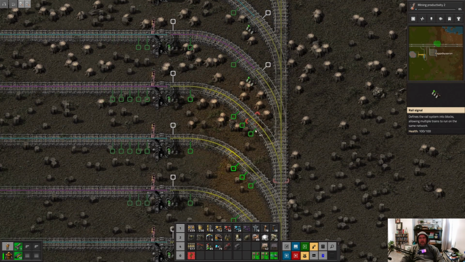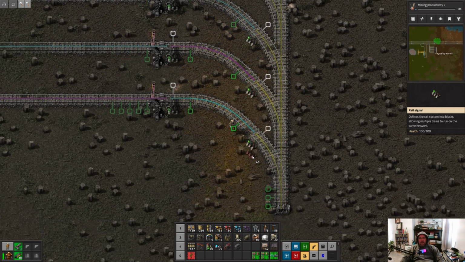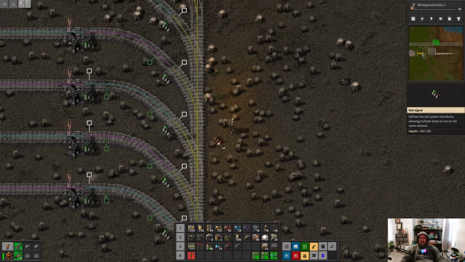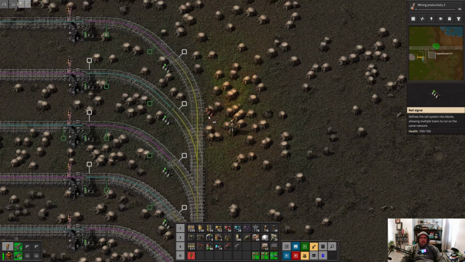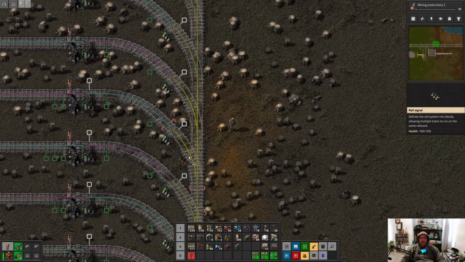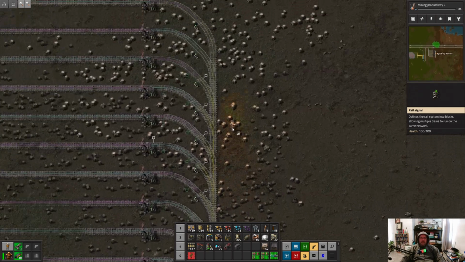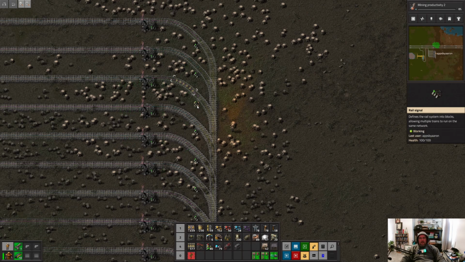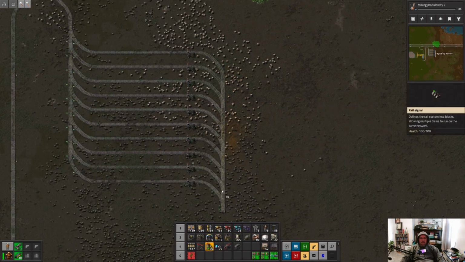Whenever there is, I'm probably doing this wrong. I watched a video where somebody said always start with rail signals and then adjust to chain signals as needed. So this is all going down. I think that's fine. Actually, let's undo all that and then just put one